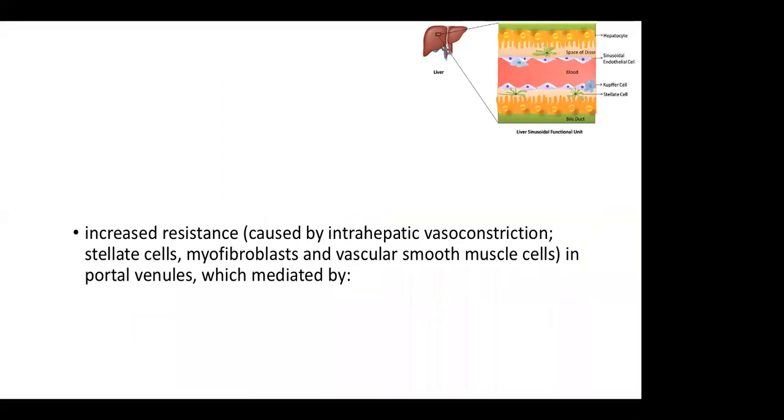Increased resistance is also caused by intrahepatic vasoconstriction, and this is a result, as I mentioned before, of the cells found in the space of Disse, like stellate cells or myofibroblasts. These cells, when activated, result in contraction and distortion of the sinusoid, in addition to the vascular smooth muscle cells and the portal venule, which is mediated by